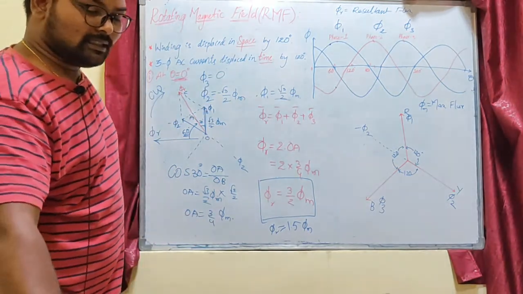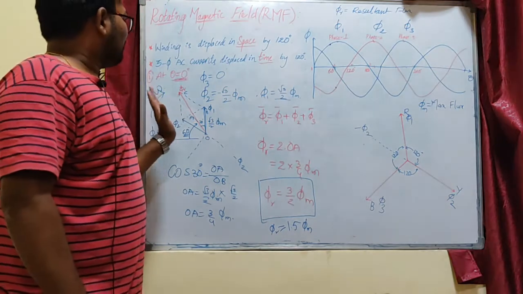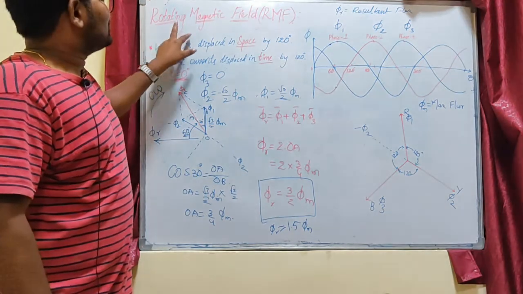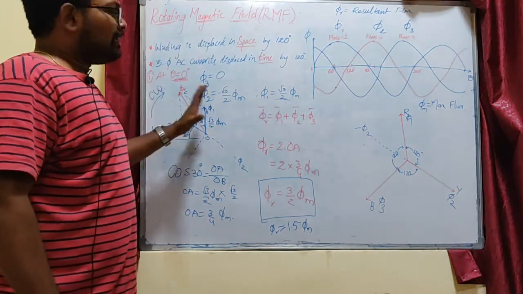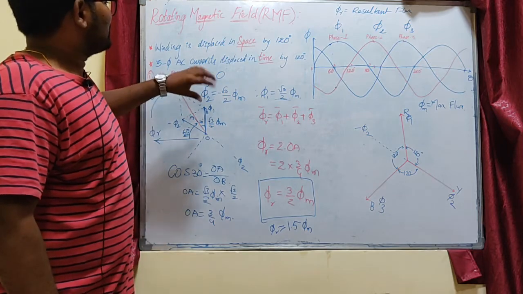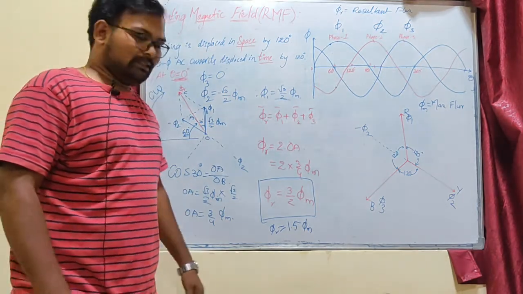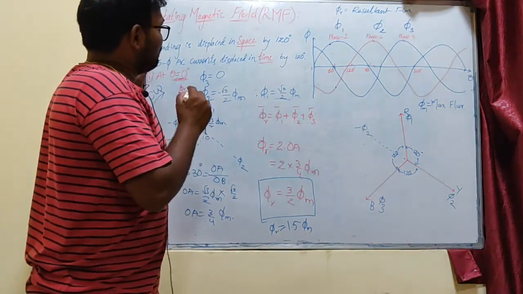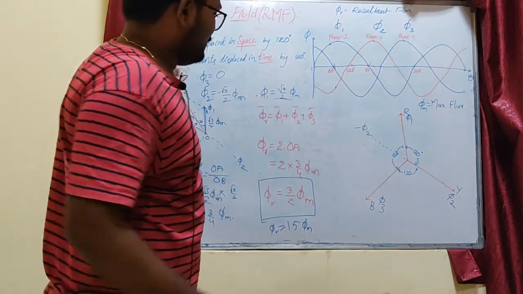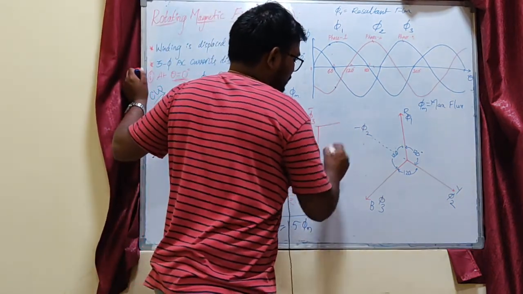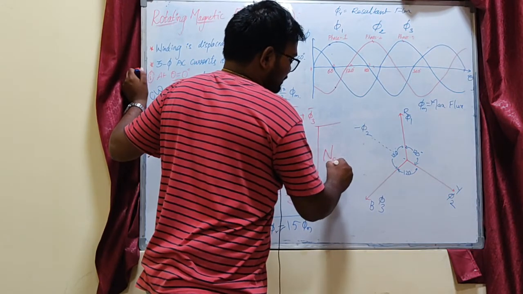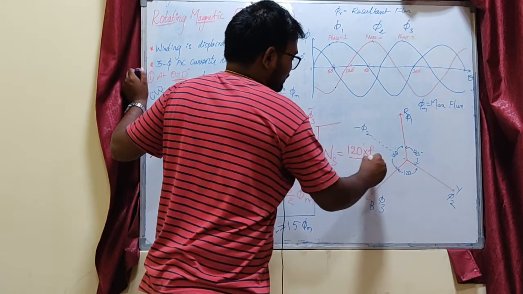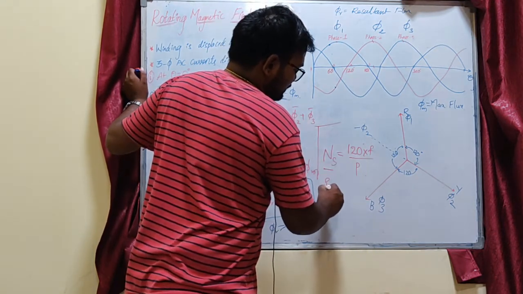So, this is how I can say our magnetic field, this flux, means magnetic field, is rotating. Okay. The 3-phase AC supply is generating a rotating magnetic field in the 3-phase stator of our induction motor. Okay. This is why it is called a rotating magnetic field, and the speed of this rotating magnetic field is equal to synchronous speed. The expression for the synchronous speed is Ns, the synchronous speed. Here this Ns is called synchronous speed.